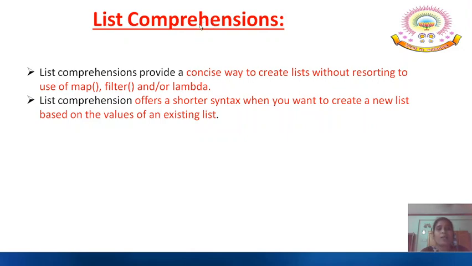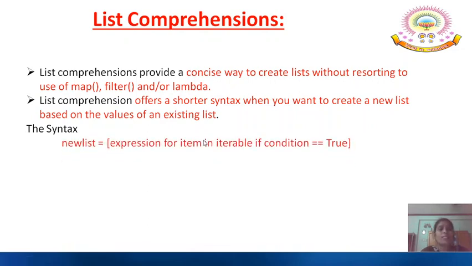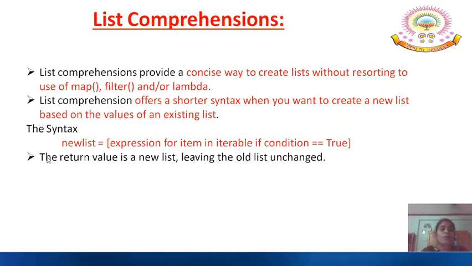What is the syntax? The new list equals expression for item in iterable if condition equals true. The return value is the new list, leaving the old list unchanged. The old list will be as it is, but using this syntax you can create one more list.